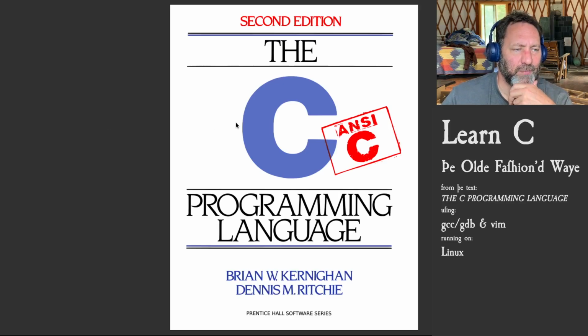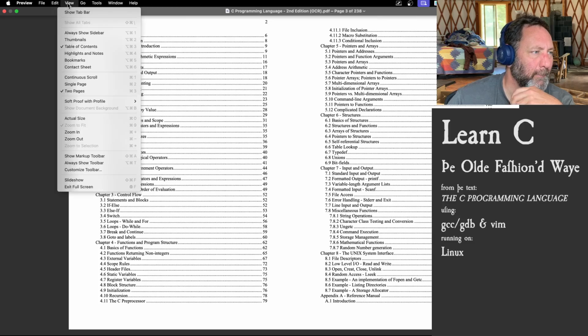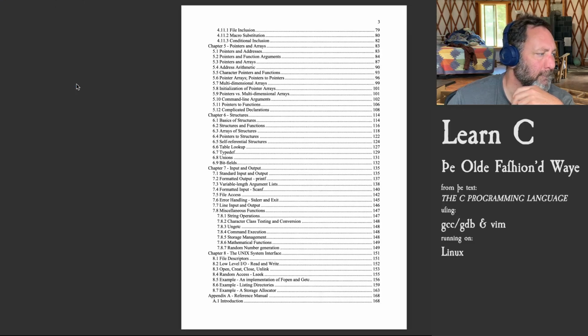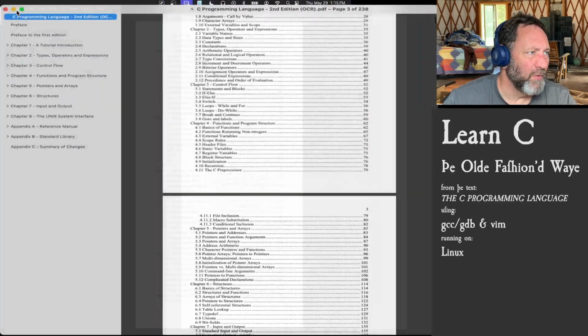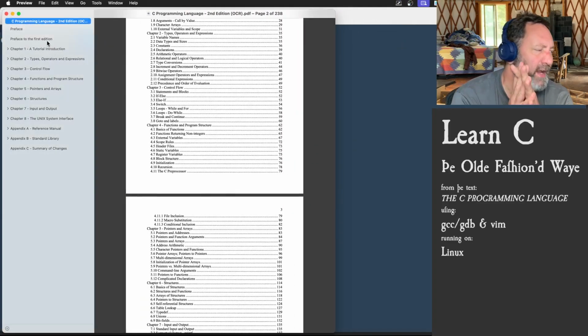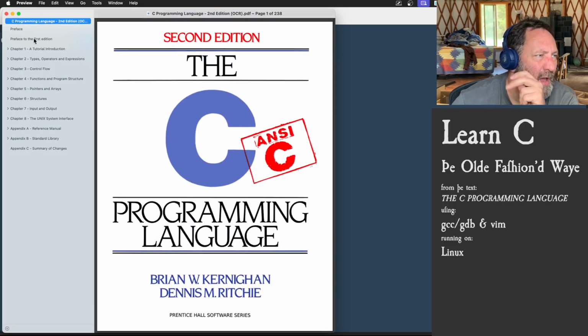And so let's jump into this, right? So I want to get this into single page view. Right, so single page. Actually, what I want to do is take a minute here. Let's take a look at our table of contents,